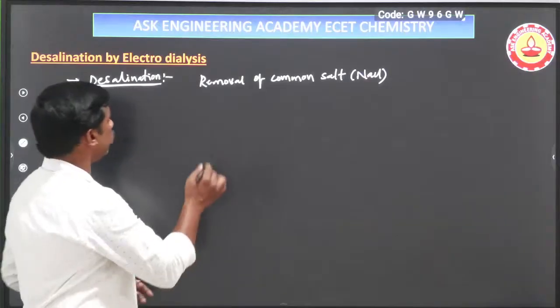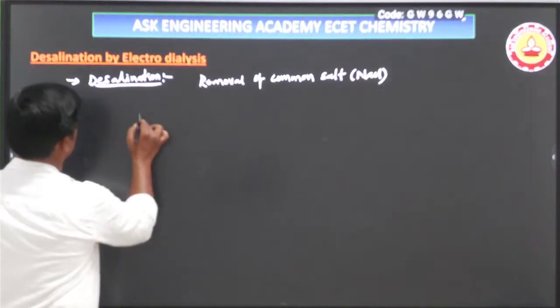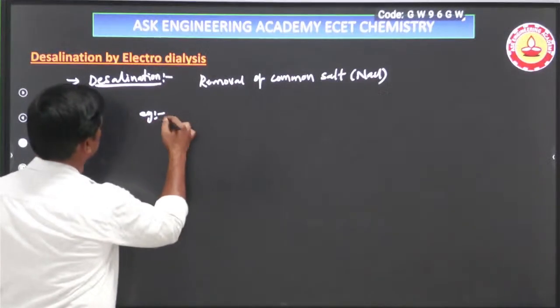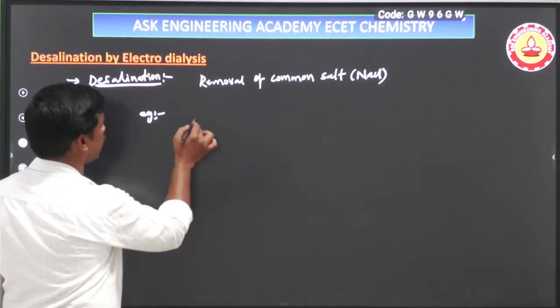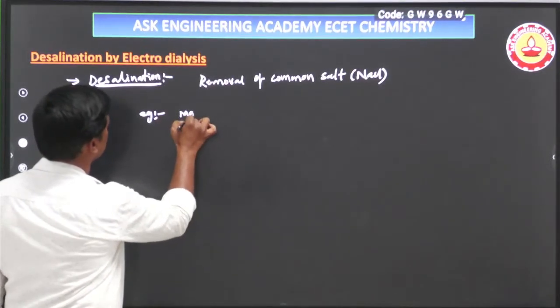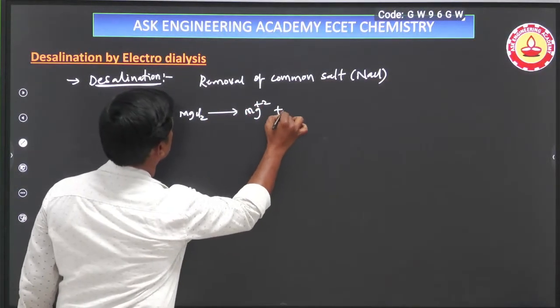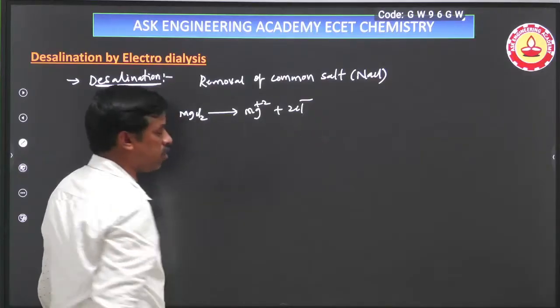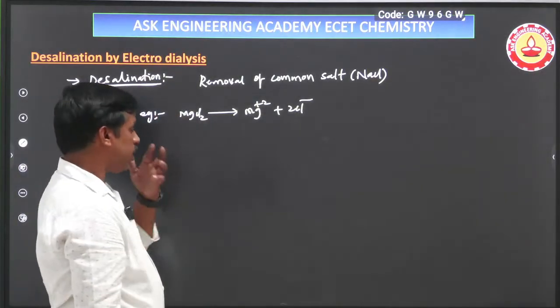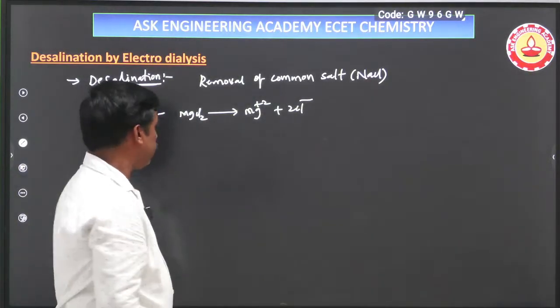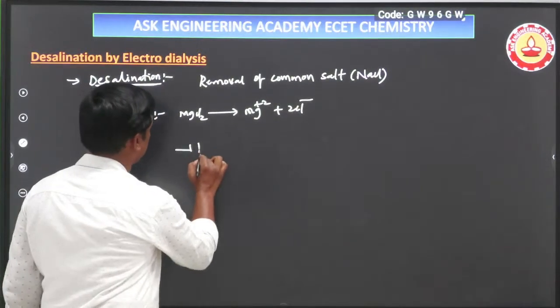For example, dissolving salts containing any salt, including NaCl etc., also magnesium chloride. How does it dissociate? Mg plus 2 plus 2Cl minus. Here electrodialysis means whenever the water is going to enter like this,